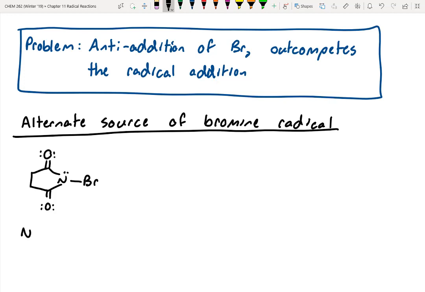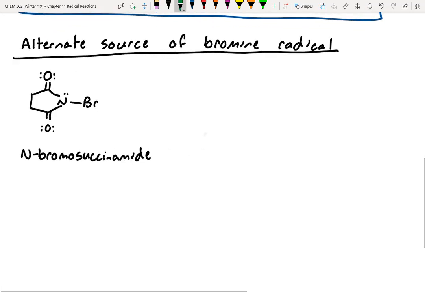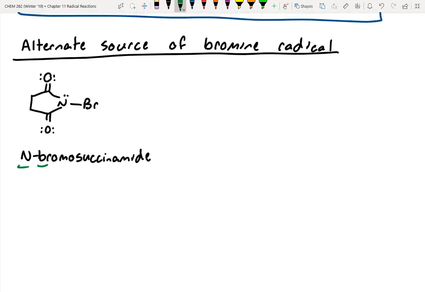This is called N-bromosuccinimide. Most people don't call it N-bromosuccinimide because that's a mouthful. Instead, they abbreviate it as NBS